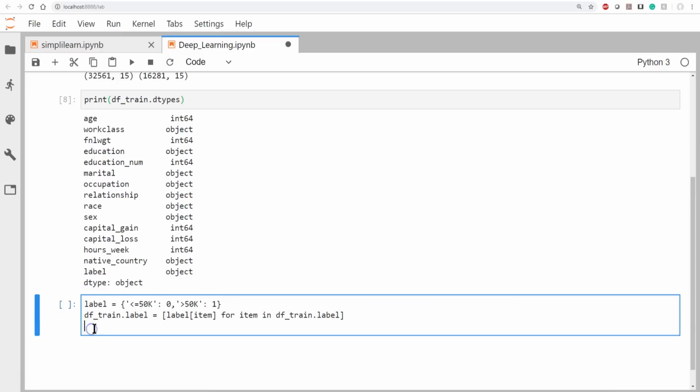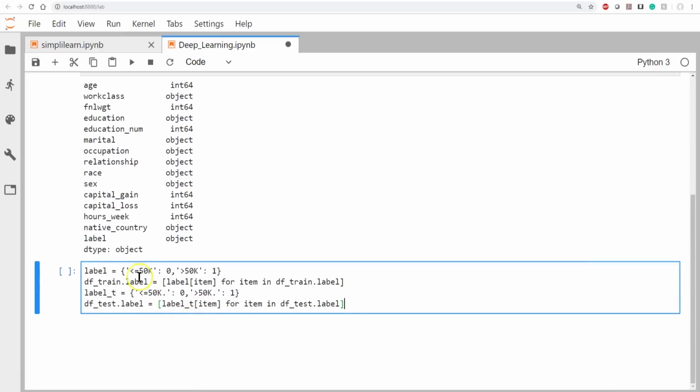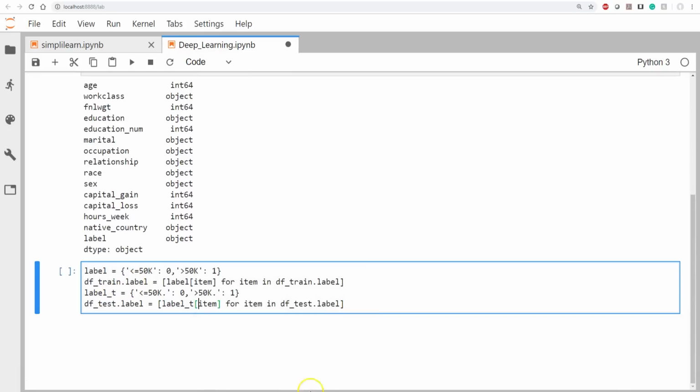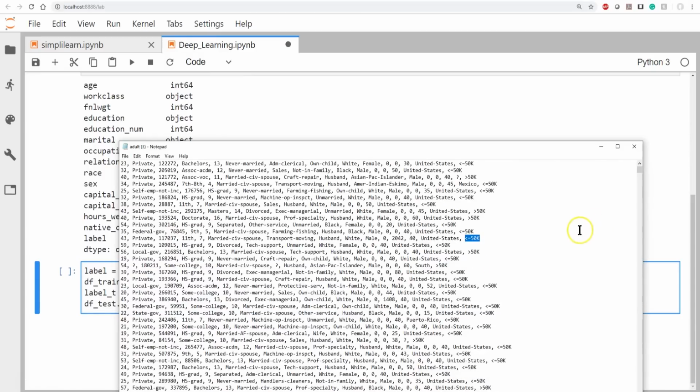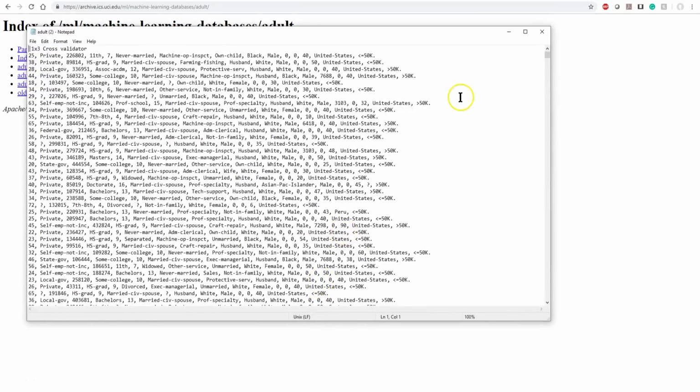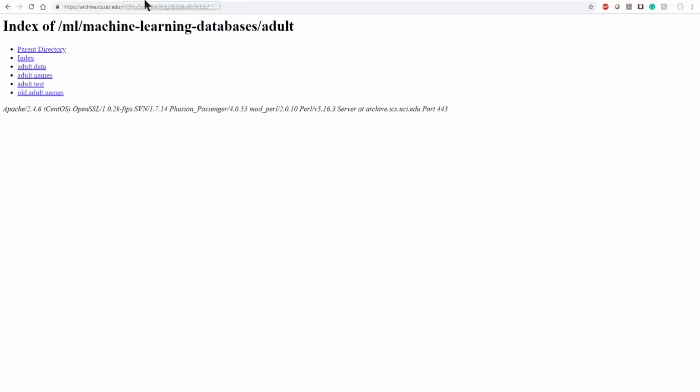We also want to do it for our test data. I didn't really mention that we're looking at two different data sets. With one, we're going to train the model, and then we'll take it and run the test data to see if it works. If you were pulling this up, the first one is the training set. If we go back and open up the test set, adult test, one thing we didn't notice that you'll want to pull up is that at the end there's a period. So we're pre-processing our data, and we want to make sure we include that period in every line on the second setup.